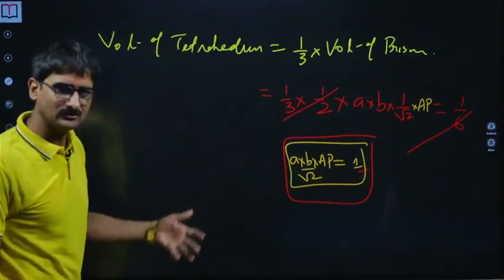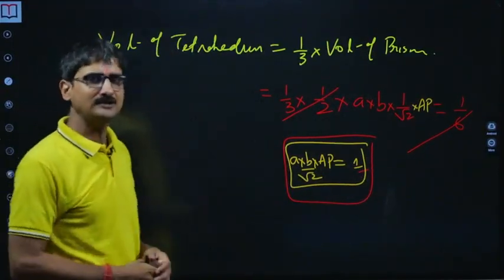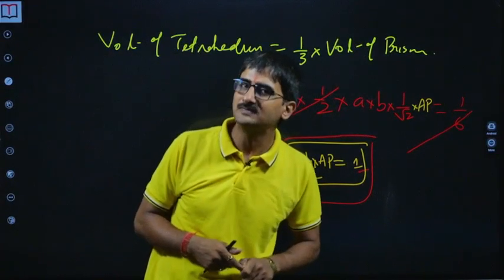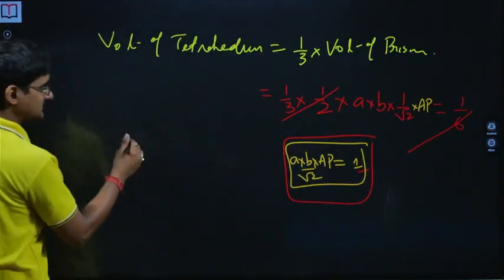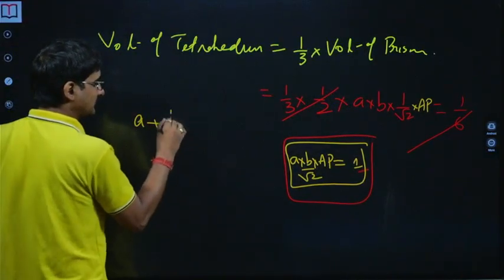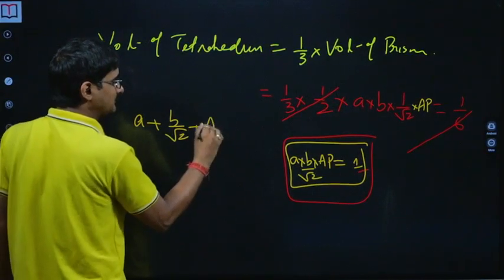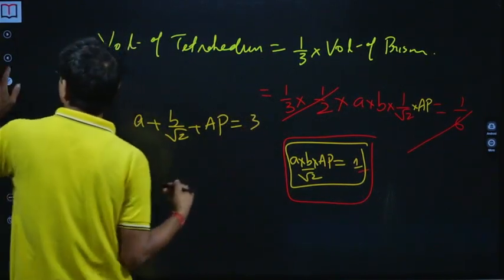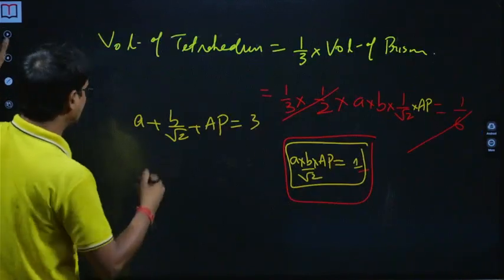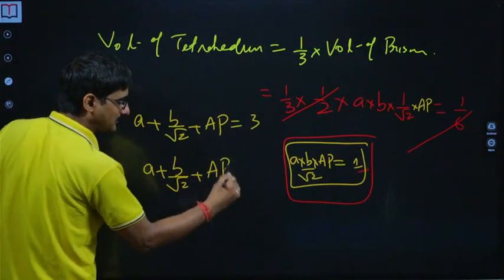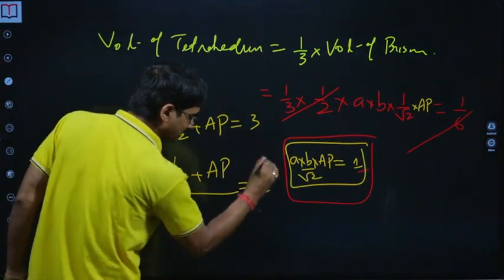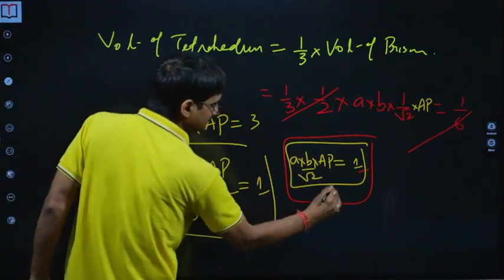Okay. Now after that also it took me some time to figure out how to evaluate. I tried to evaluate A, B, and AP, but then we have 2 equations and 3 unknowns. Then all of a sudden I realized what we are given. That's what I wrote in the previous slide. This is equal to 3, isn't it? So A plus B by √2, right? Then I realized something which I think by now you all would have observed, that this is what and this is something. Now what?